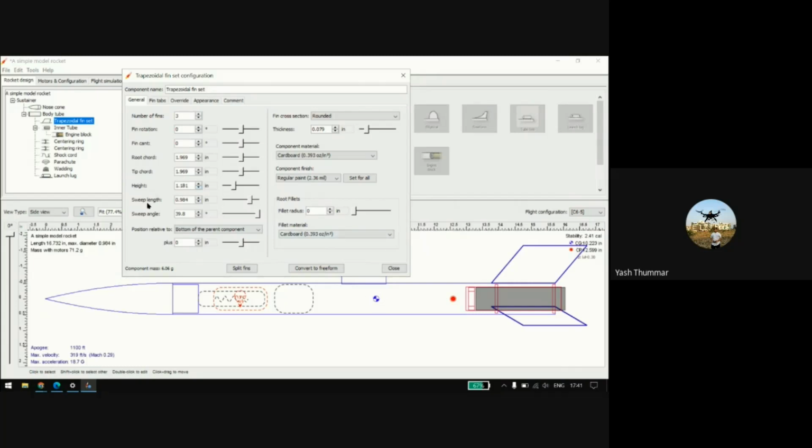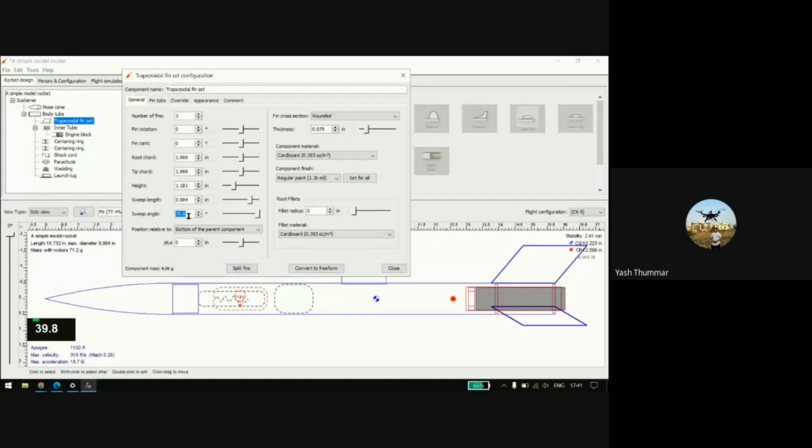Then the height and the sweep length. The sweep length you change, and the sweep angle is mostly the same. It's 39.8, but if I want to increase the sweep length, it will tilt in this downward direction. If I increase it, it will go down. So it's a sweep angle.